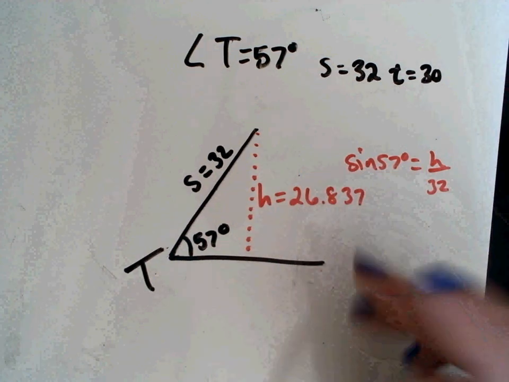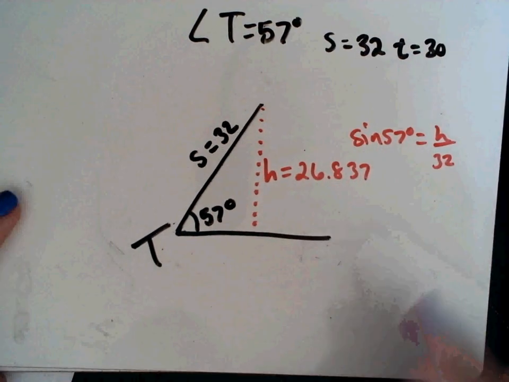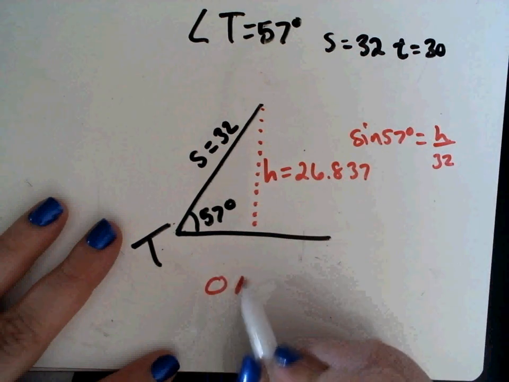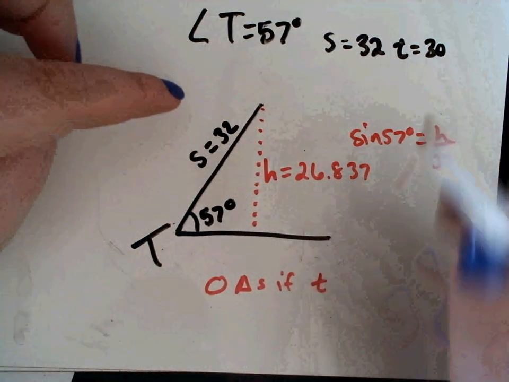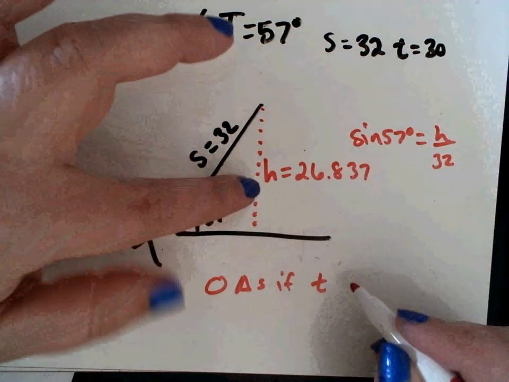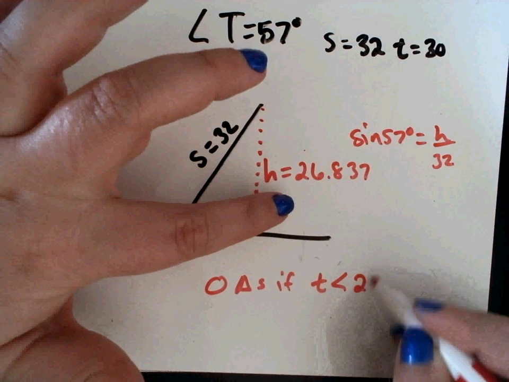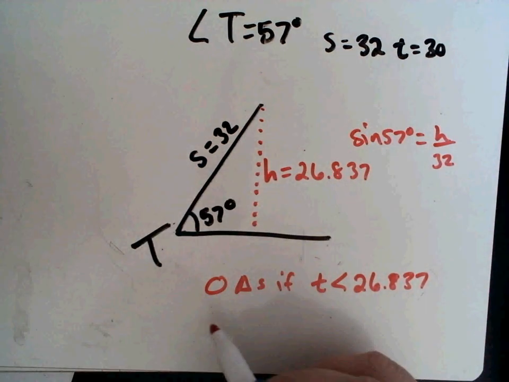And that is 26.837. So in the context of these numbers, I want to talk about your different options, okay? You have 0 triangles if side T, which we know is 30, but I'm just going to play around, pretend like I didn't know. If side T is shorter than the height, so it's less than